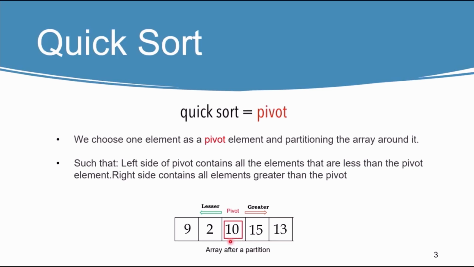Let's look at an example to observe what would be the result of the partitioning process. In this array, we had earlier chosen 10 as our pivot element. After the process of partitioning, 9 and 2, which are lesser than it, are positioned to the left of 10, and 15 and 13, which are greater than 10, are positioned to the right. You can observe that it is not necessary for the elements to the left or right to be in the sorted position, but 10 is in the sorted position of the array. That means in the final result of the sorted array, 10 would still be positioned in the third position.